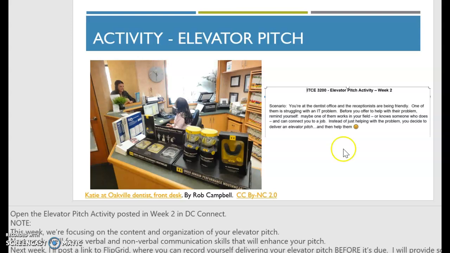So let's pretend you're at the dentist's office, and these nice chatty people that usually help you, you notice one of them is struggling with something at their computer. So before you get up and go help them, because you're such a helpful person, you think, hey, I might as well make a little sales pitch about how awesome I am and who I am and my skills, because everybody goes to the dentist. And maybe after helping this person, they'll keep me in mind when they're talking to IT people, IT recruiters that come to the dentist's office, and drop my name. And maybe I'll get a job this way or promoted. Okay, so